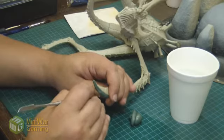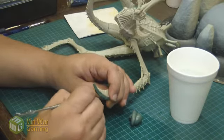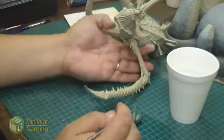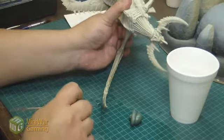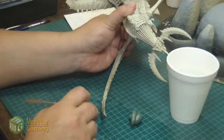And remember, always when you're playing with green stuff, keep your working tool moist. Often I've heard people use like Vaseline and other such compounds, but